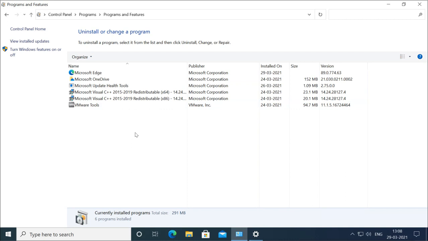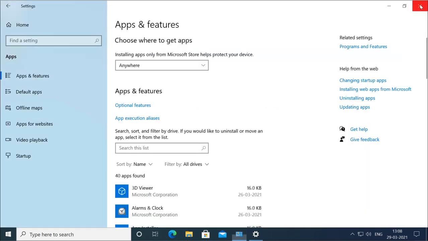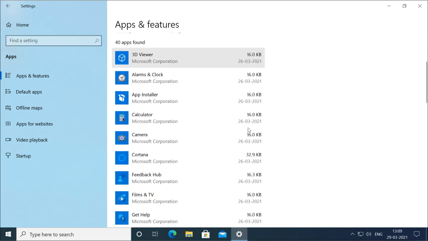Now this feature which I enabled or disabled does not require a restart. So it is enable or disable without restarting the system. Now the other way to enable or disable the feature, we can do it from the Settings app also. Remember, it was not available in previous versions, but now we can do it from here also.